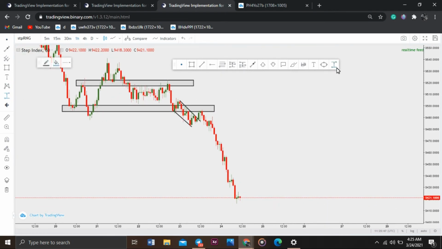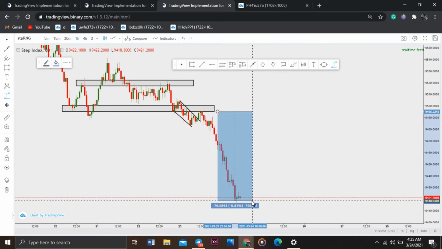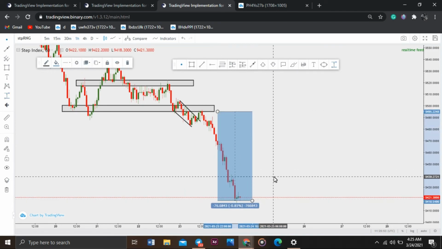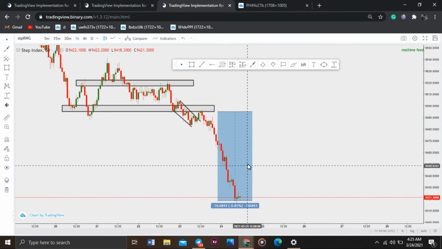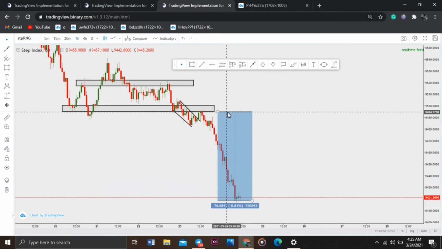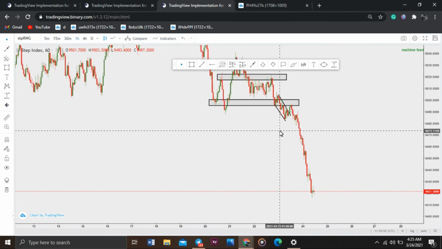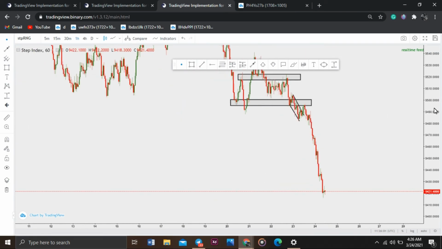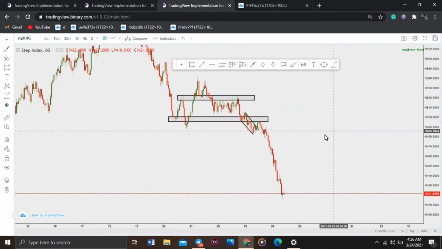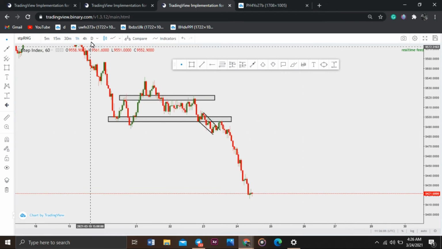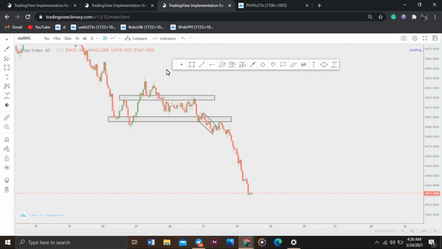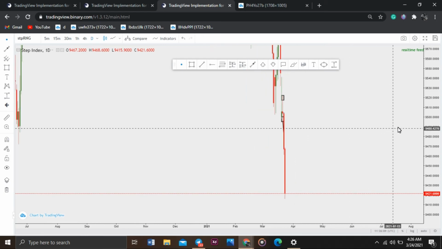Okay, you can see how price exploded all the way to the downside. So you can see something like a 766 pip trade. Okay, this is mad. This is really, really mad. It's a very serious move to the downside. So you can see now what the current move or the next move I'm anticipating on